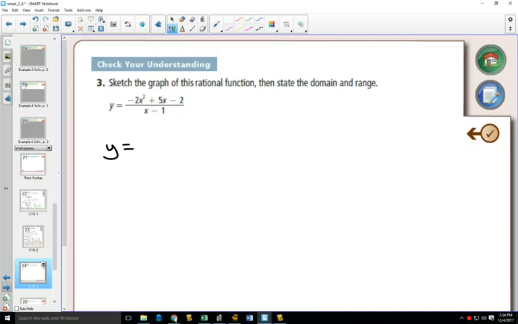First step always is to factor. Now, factoring when you have a negative x squared, I always find that makes it a little bit more difficult. So if I factor a negative out of the whole thing